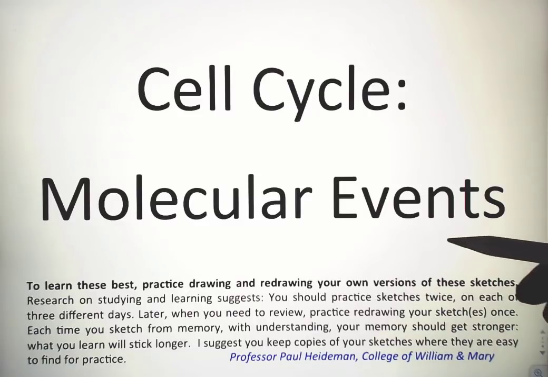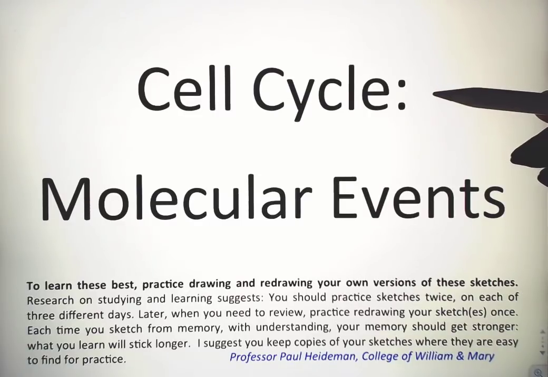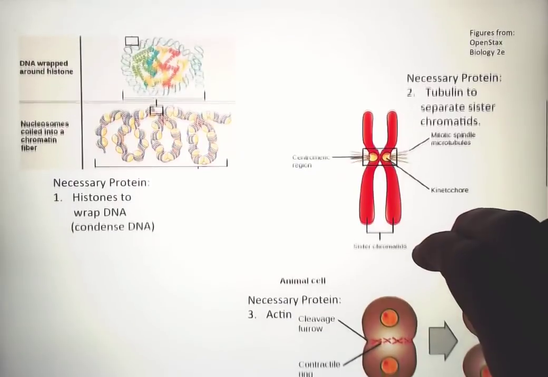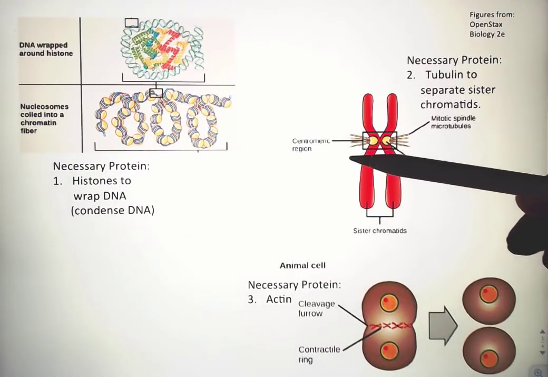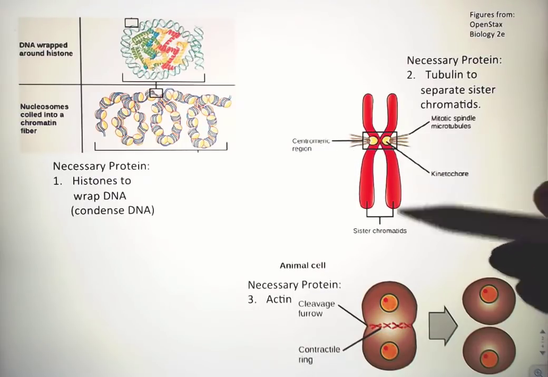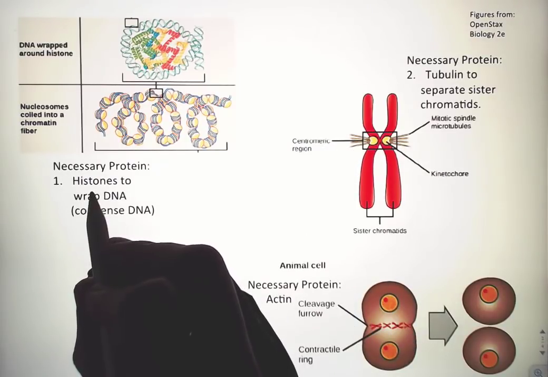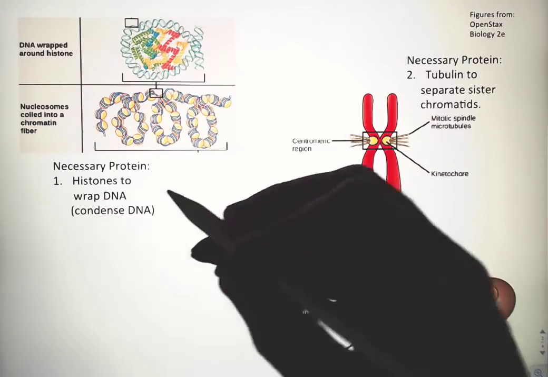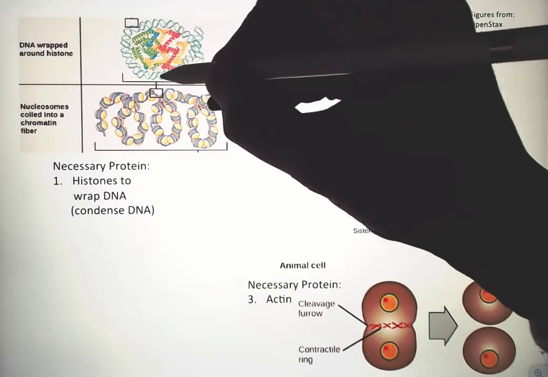This video is about molecular events in the cell cycle. We're going to use three different proteins in order to illustrate how the molecular events of the cell cycle are controlled. One from early in the cell cycle, during prophase, in which histone proteins, shown here with DNA wrapped around